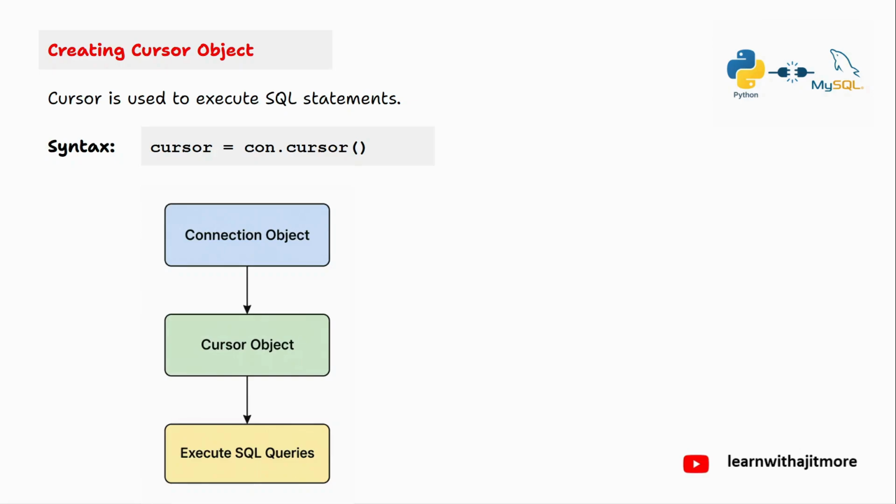Sir, what if we did not give a con dot close in the code? Actually, it won't create any problem. It is a good practice, as I said, just to avoid memory leaks. Sometimes if you don't close, whatever resources your connection has acquired may not get freed, and they may not get utilized also. Means you are not accessing it also because